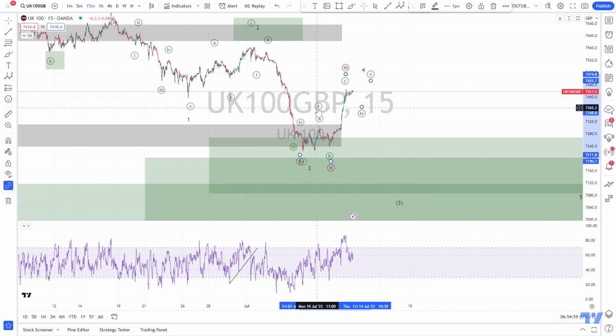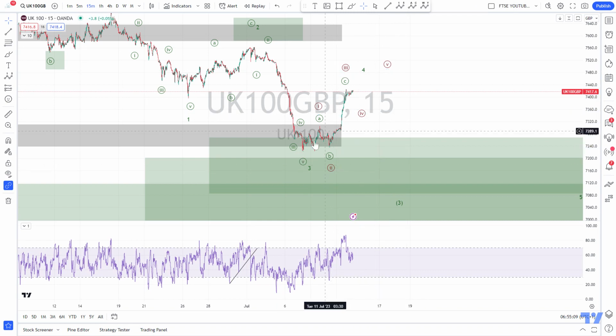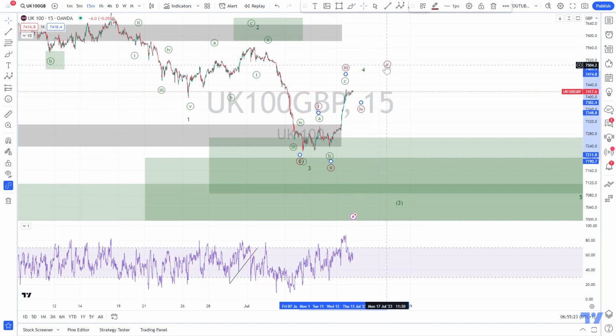So if I see now, this is the scenario in red. So my alternative scenario is that this becomes an impulse. And then we have a wave 1, wave 2. Then we are doing our wave 3, or we did our wave 3. And we might now pull back for a wave 4. And then we should have a wave 5 that ends with divergence. If I see this wave 5 ending with divergence in the 1 hour time frame, this will be a short